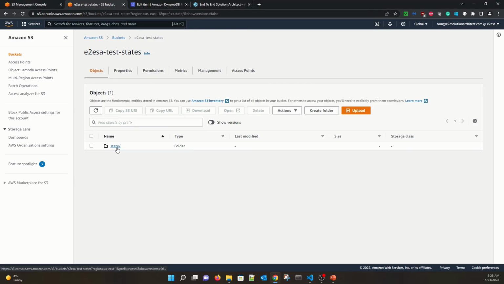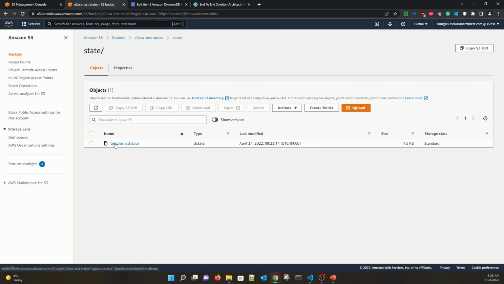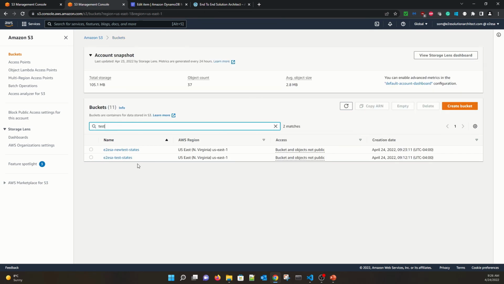Okay, so let's go inside the state, and we see that we have this terraform state, and it has just been stored over here. So it is not storing in your local, but it is storing in the AWS S3 bucket here. And here is the new S3 bucket which we just created for our testing, to check whether this S3 has been created or not. Definitely this S3 bucket has been created, and this is the project which has used AWS S3 as backend for